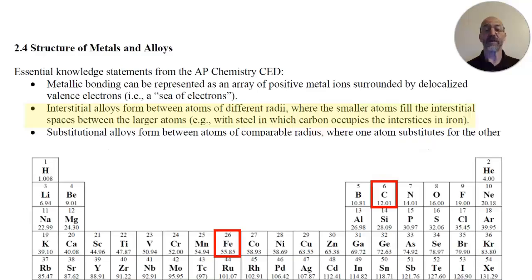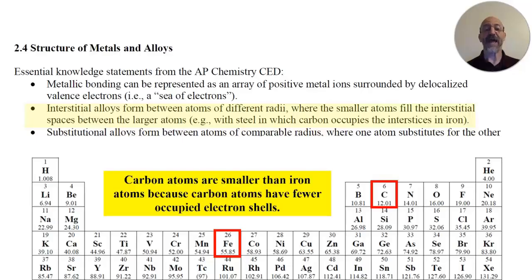So carbon is located in period 2, whereas iron is located in period 4. That means that carbon has fewer occupied electron shells, and iron has a greater number of occupied electron shells, and that explains the difference in size between carbon and iron. So carbon atoms are smaller than iron atoms because carbon atoms have fewer occupied electron shells, and hopefully you can